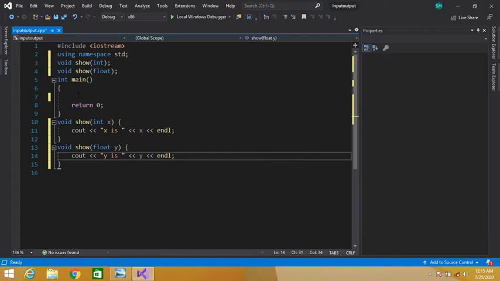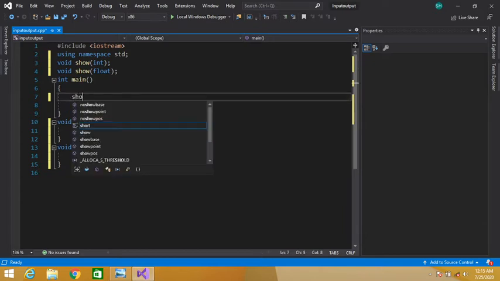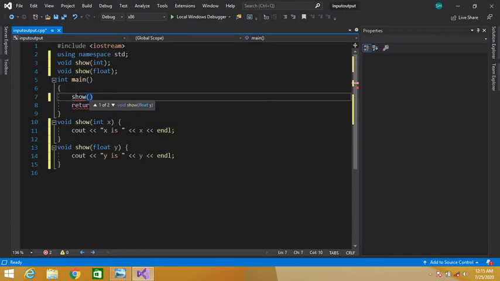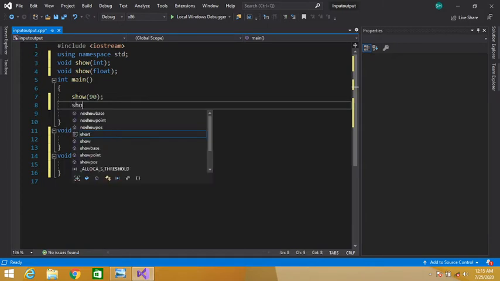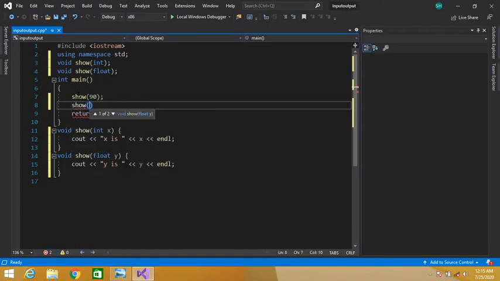Okay guys, in our main function, let's call our show function. How to call a function? Write the name of the function, then the parameter. Let's say 90. Let's call our second function, show, and 90.30. So we have called our two functions.